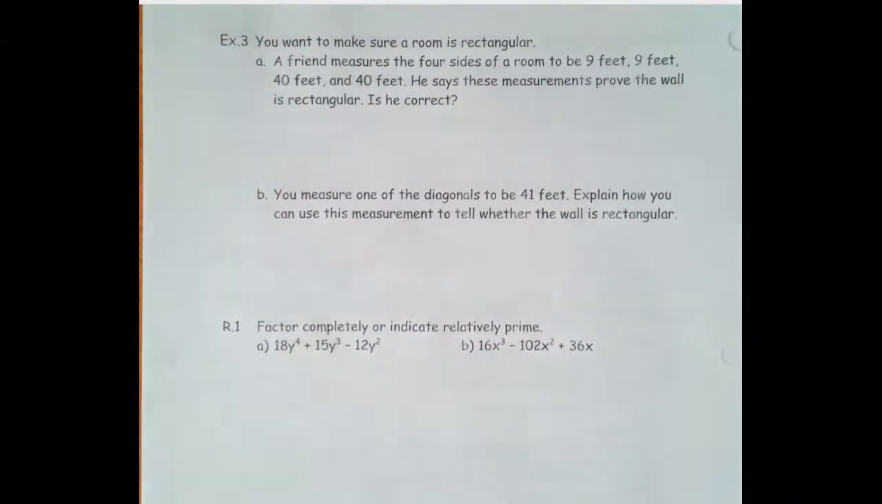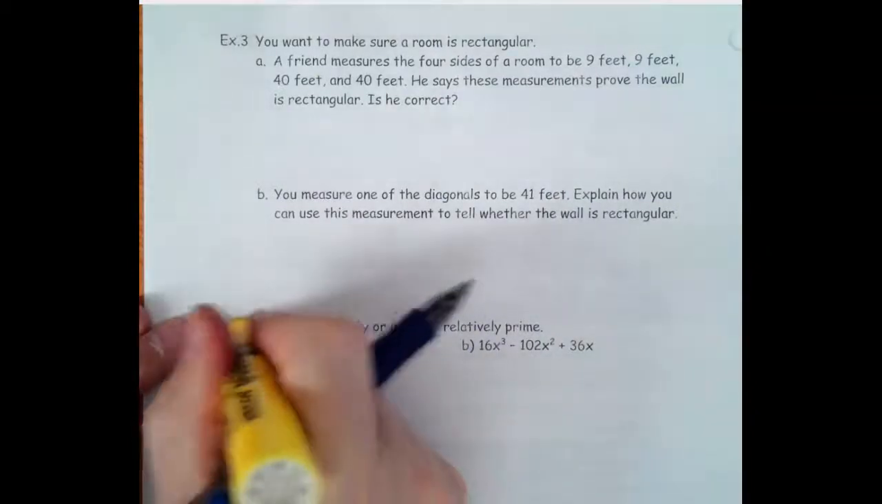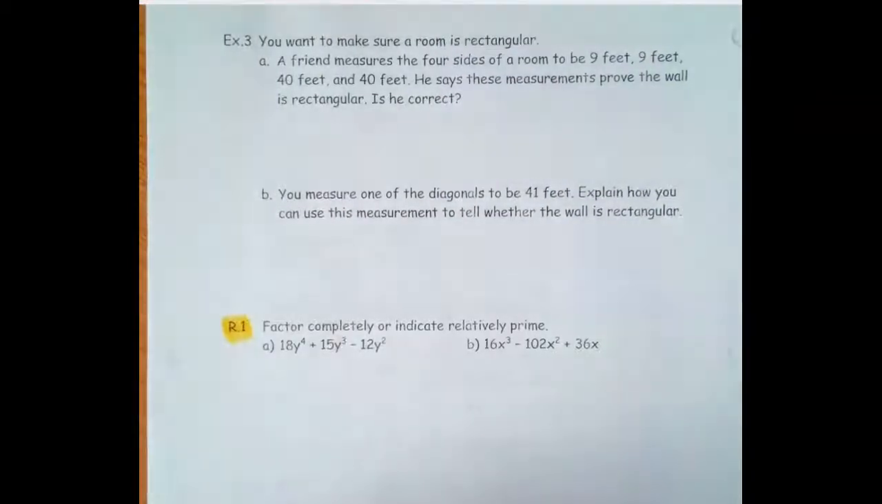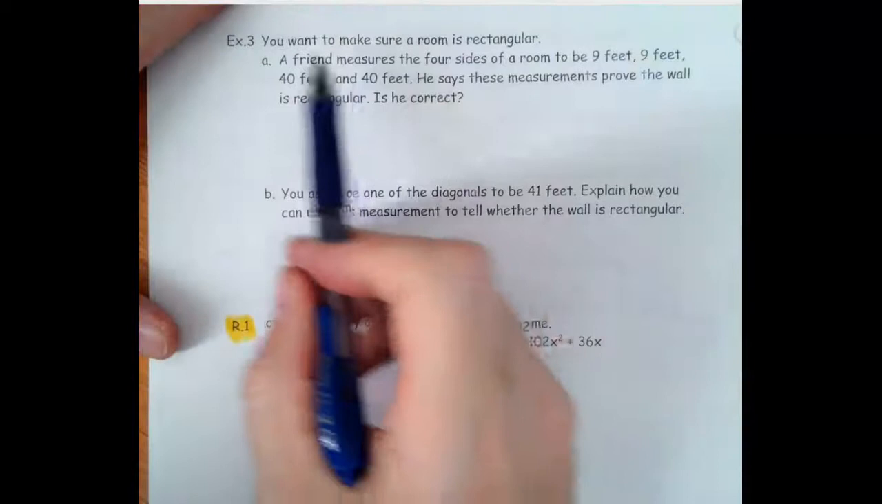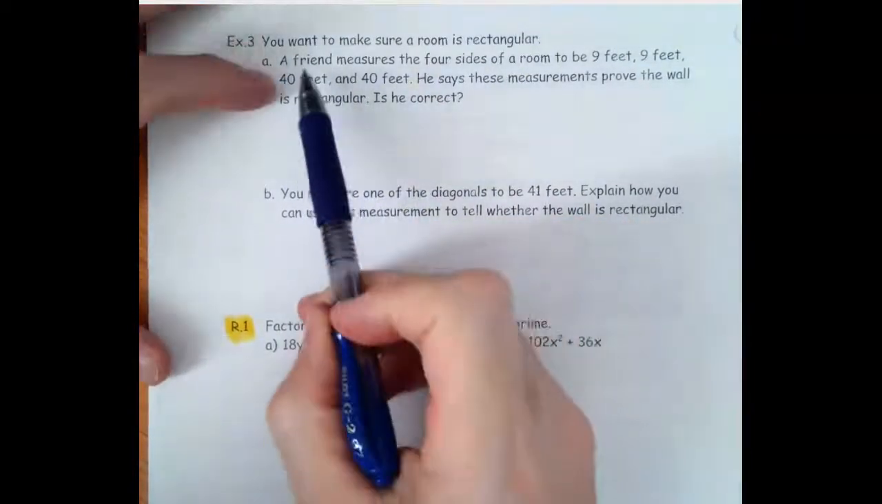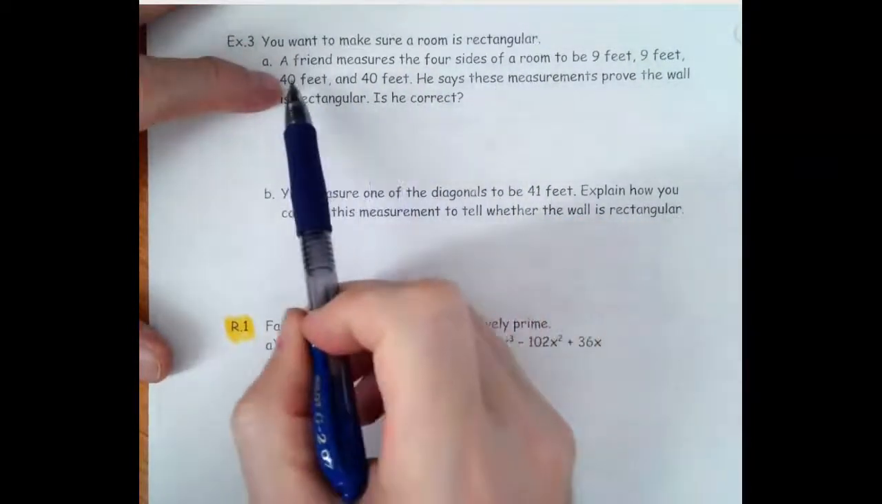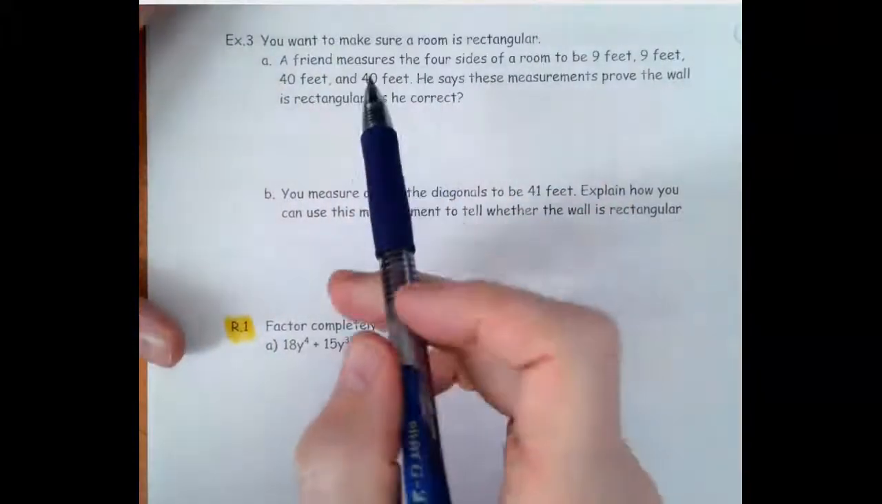So remember, we highlight test questions. Factoring is always something that could be on a test, so we want to stay aware of that. So your friend, you want to make sure that a room is rectangular. So if they built it correctly, it should be a rectangle probably, unless they're trying to be artistic and have